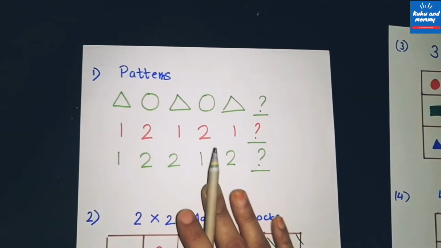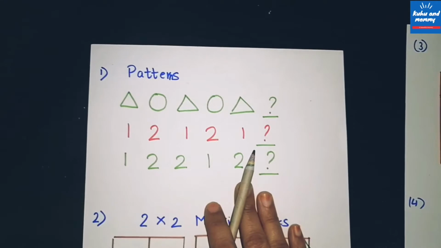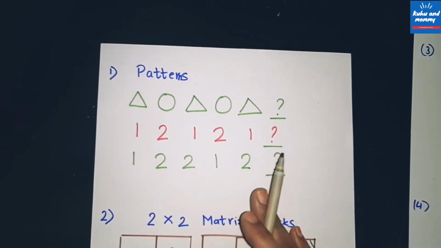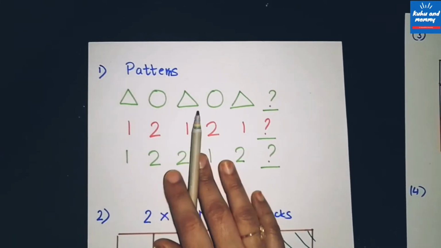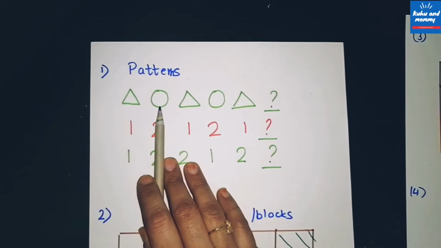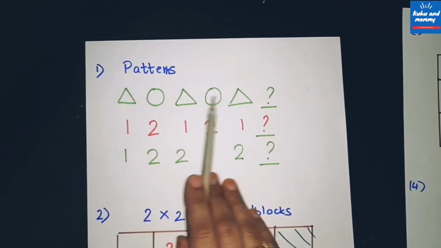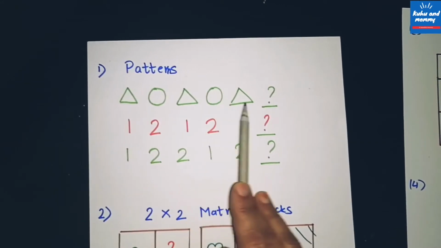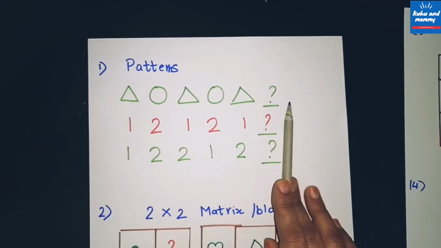So now coming to how to introduce Sudoku to kids. The initial step which we can do is, at the age of 3 to 4 years, we can introduce patterns to the kids. First we can introduce patterns. Patterns are basically logical thinking, like this one. This is a pattern of shapes like triangle, circle, triangle, circle, triangle, and then what will come next? So they have to think and do it.